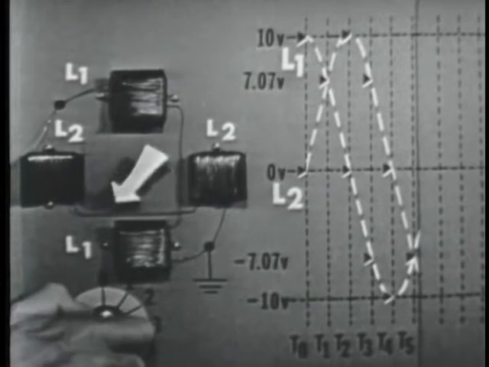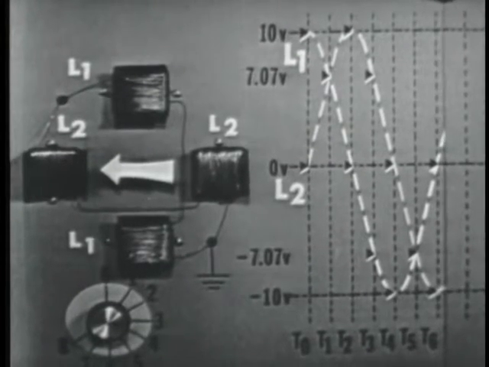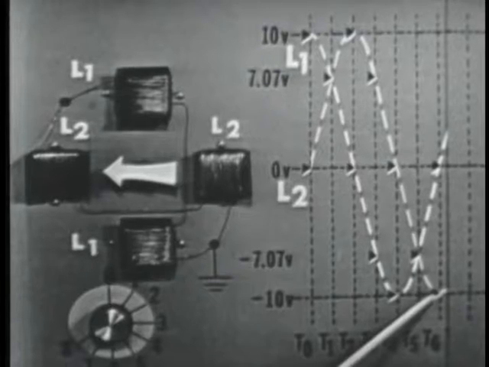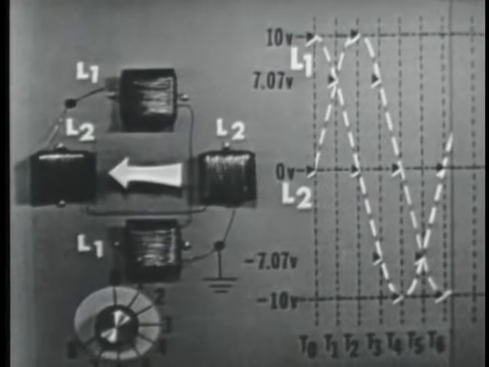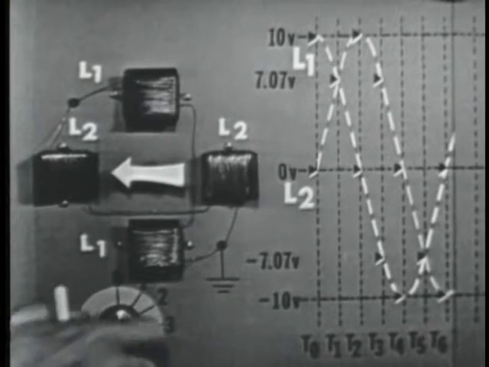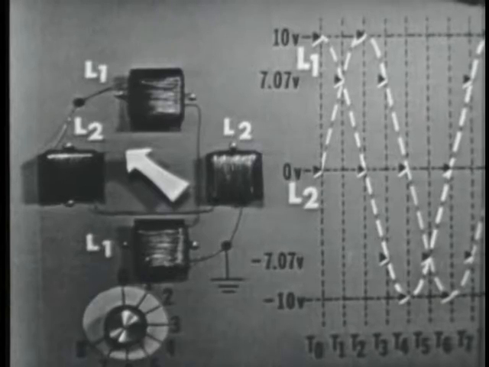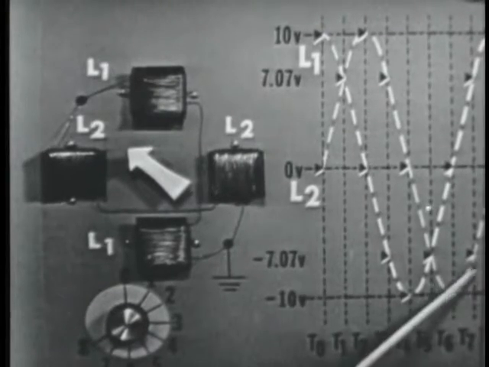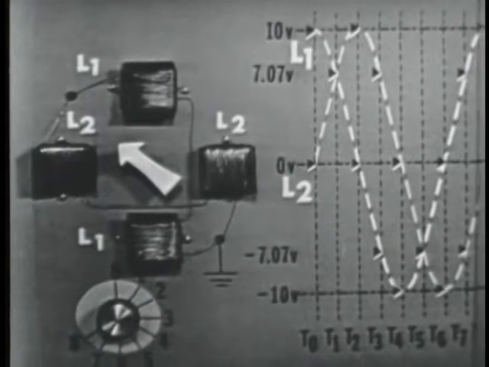At time 6, only L2 has max negative applied. Now, L2's field has reversed as indicated by the pointer. L1 at this time has 0 volts applied. Now, at time 7, both coils energized. L2 at negative 7.07, L1 at positive 7.07. And at time 8,